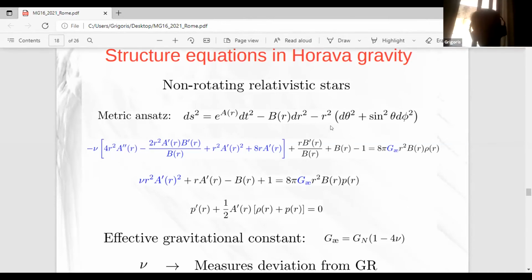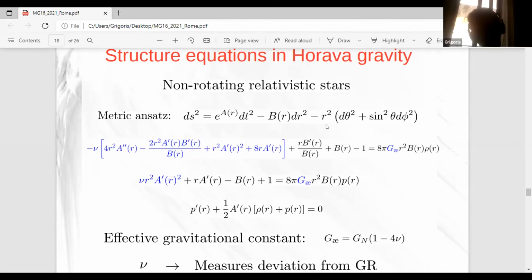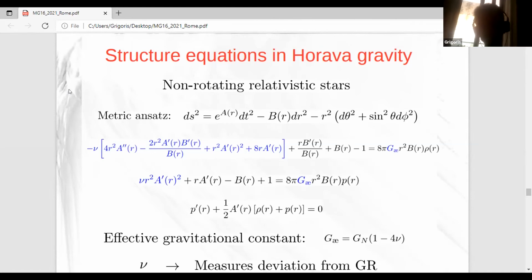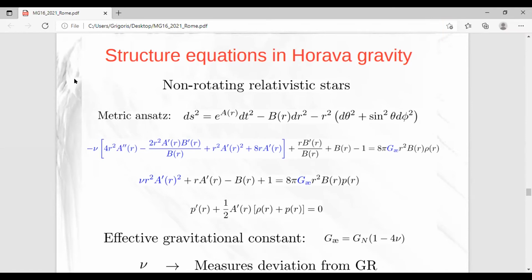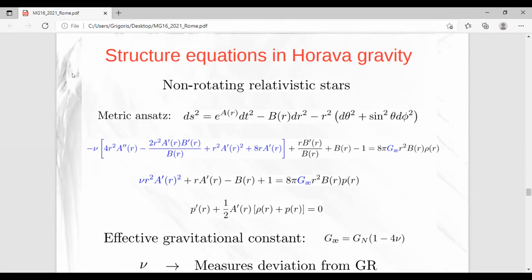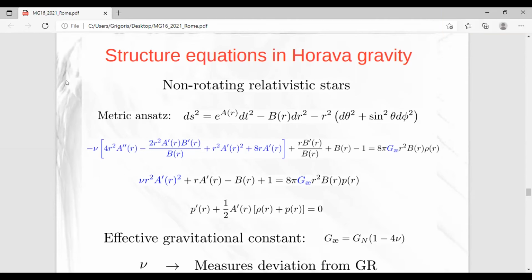I think I understand. Exactly. You are saying that in principle here I should put a third unknown function. Yes, exactly. And then you let the field equations tell you that this is r squared. This is what you are saying. Yes, you are right. We have assumed that this function is r squared right from the start. I never thought about that. It's a good point. Yeah, we can discuss it later.